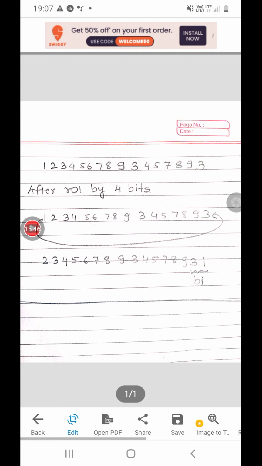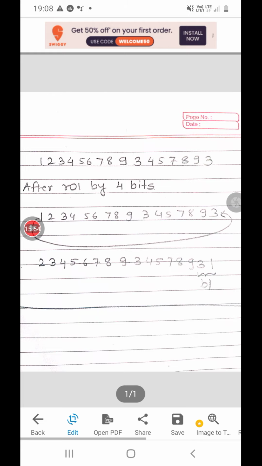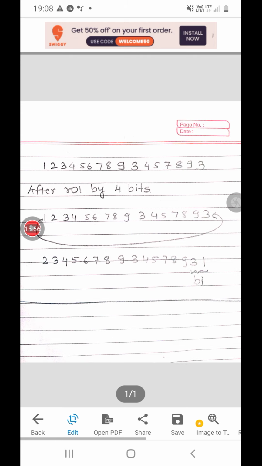This 1, in binary, is 0001, so these 4 bits will go into the lower significant position. After rotating left this 64-bit number by 4 bits, the uppermost digit will go to the lowermost position, so 1 will go over here.